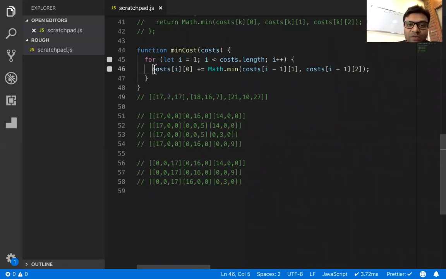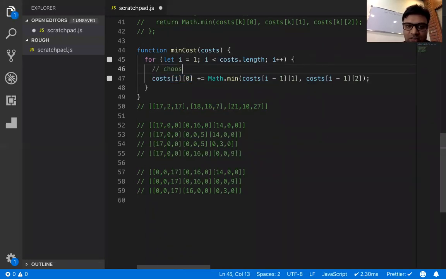So once we go to the next index in the cost array, we are going to say if we are choosing 0th index, this is nothing but choosing index 0. Then we are going to find the costs that were minimum among, if this one is chosen, the highlighted one, this one is chosen, then the cost over here is going to be,